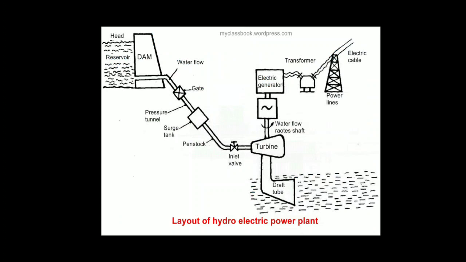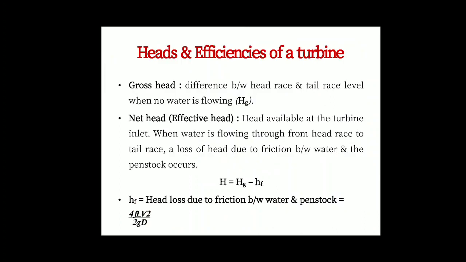The turbine might be a Pelton wheel or Pelton turbine, or rather a Francis or Kaplan like a reaction turbine, and this turbine in turn rotates the electrical generator, which is coupled with the turbine, so it can produce the current or electricity, and this electricity can be given to a transformer through some electrical cables and transmission lines. This is what happens in a hydroelectric power plant.